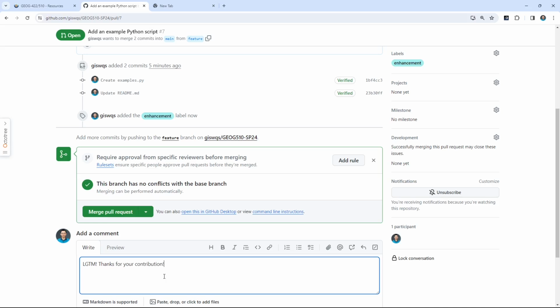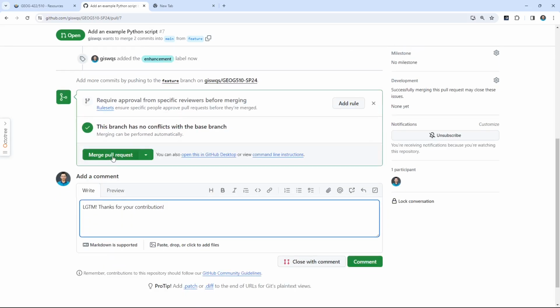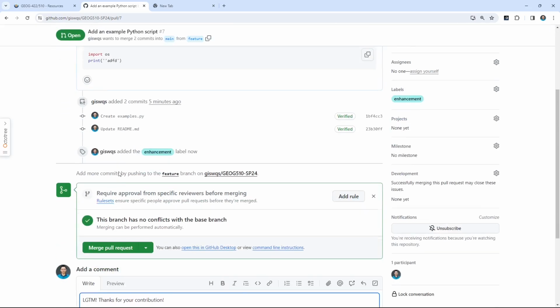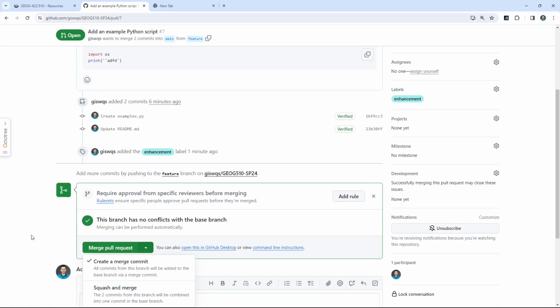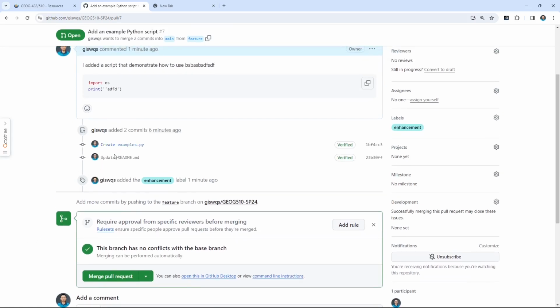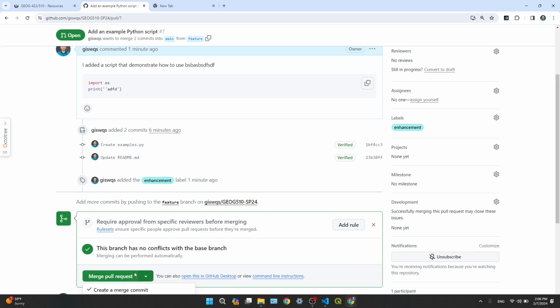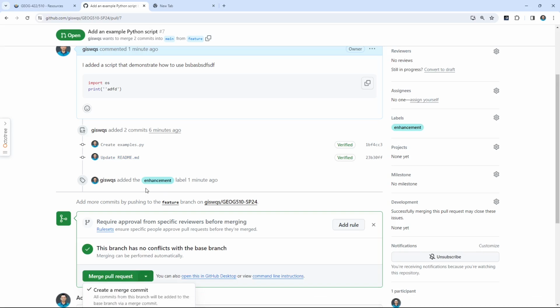Right? Then I can say here, you can have a couple options. You can just merge the pull request. So I would recommend you select the other one here, squash and merge, because you will see I have two pull requests, pull commits in here. If you directly just merge pull request, these two are going to show up on the git history as a separate item. If you squash and merge, that means you're going to combine these two just as one item, so